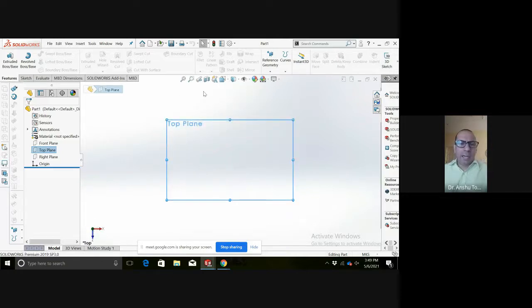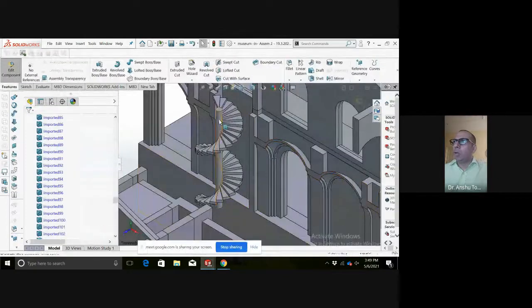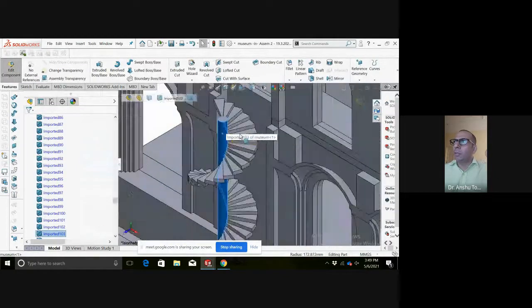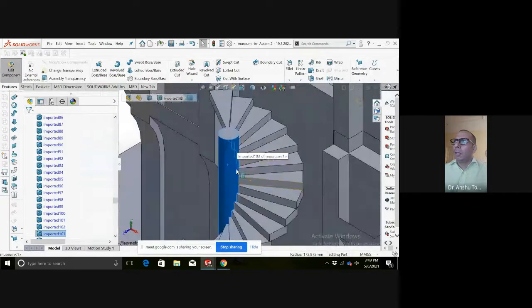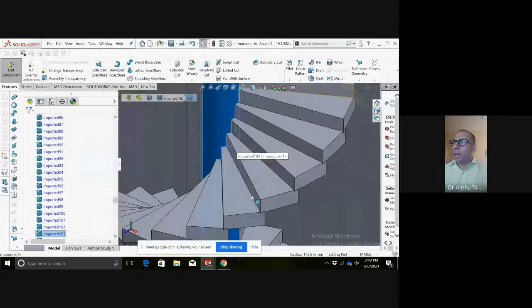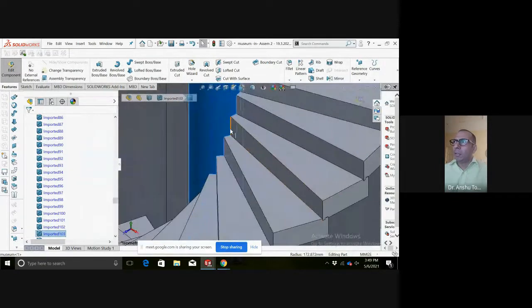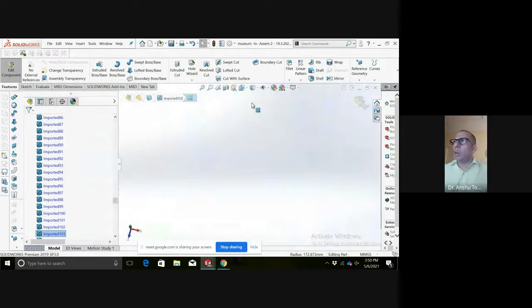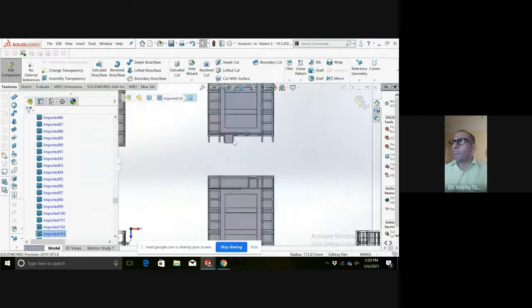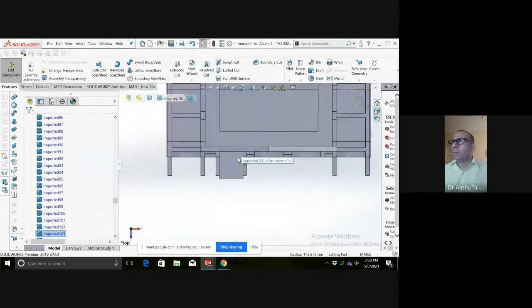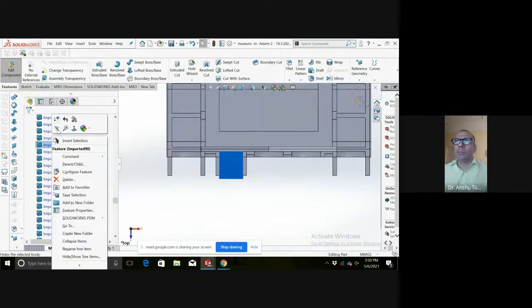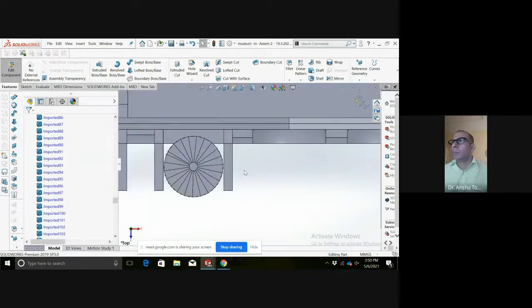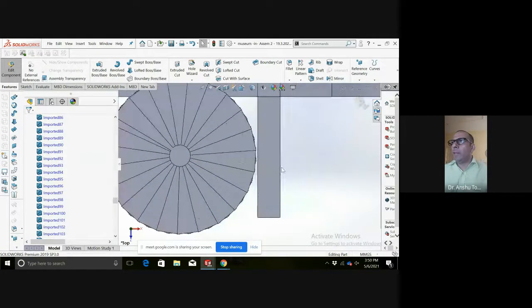I will take any random value of this pole, this particular part, and let us take the regular. If I take see the top view of it, this is how we can divide it.